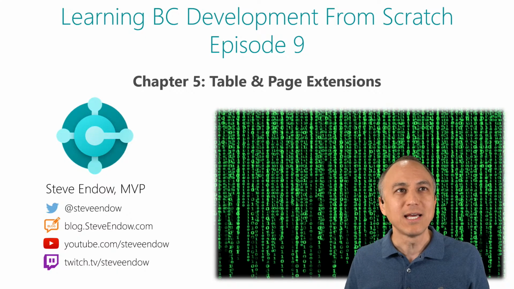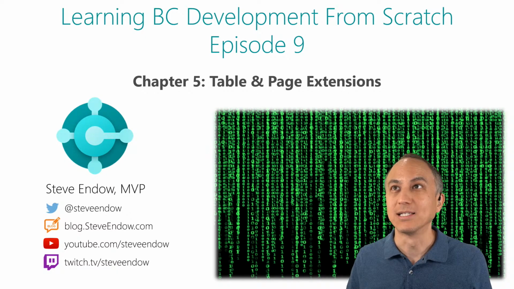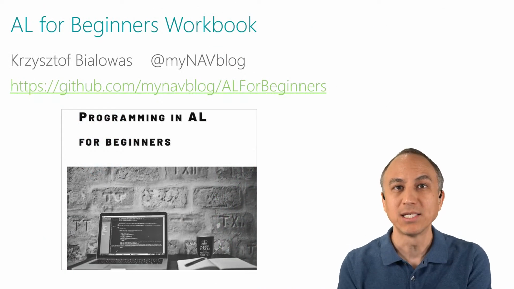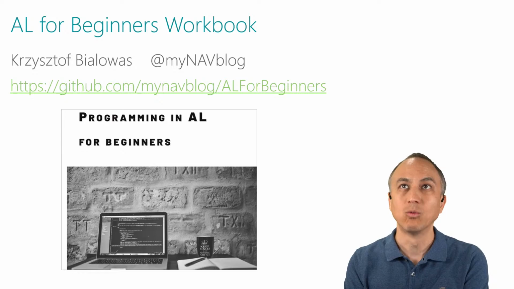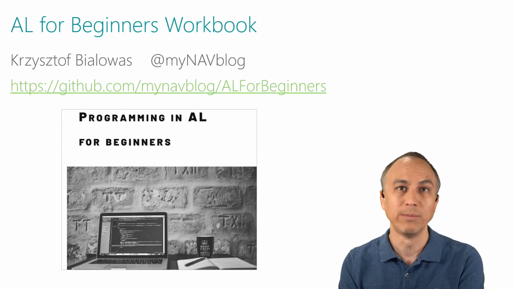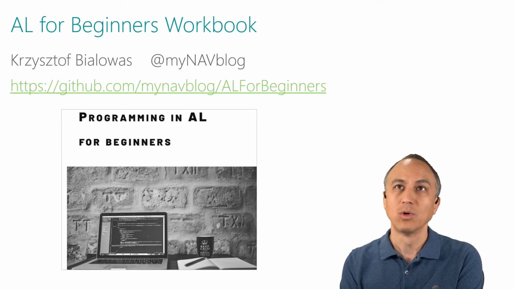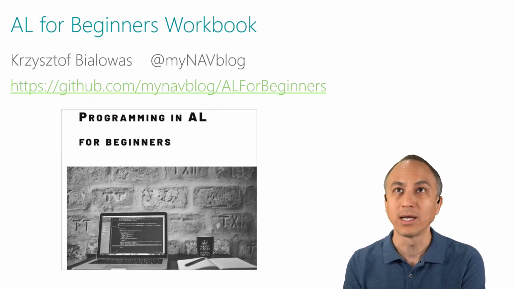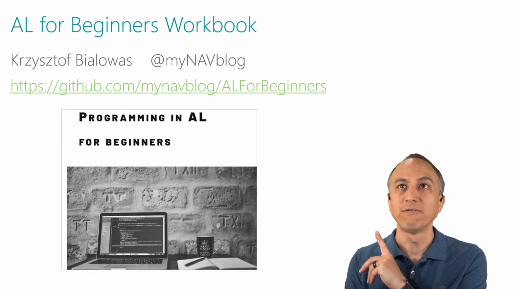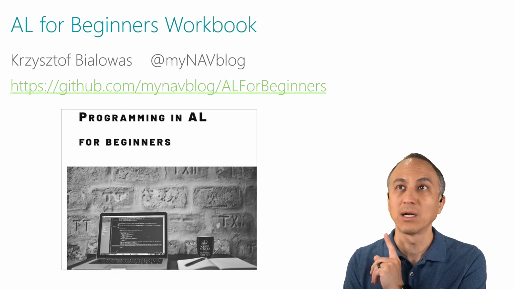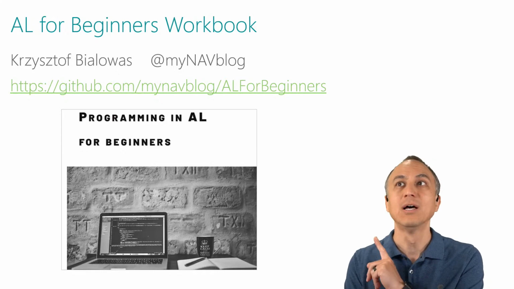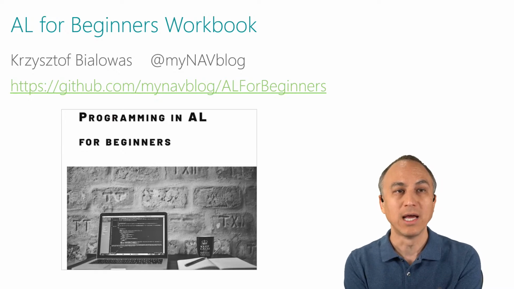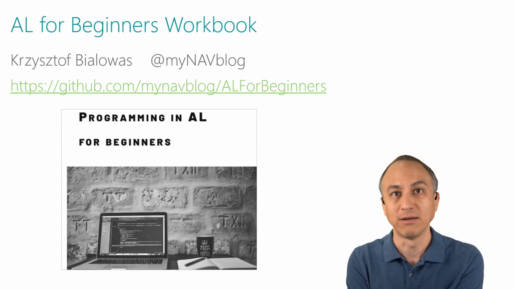Okay, so let's recap, I guess, since it's been 4 months. This series is based off of the AL for Beginners workbook, or Programming in AL for Beginners is the title. And this workbook was created by Christoph. He's on Twitter at mynavblog. And you can download this PDF for free at github.com/mynavblog/AL for Beginners. Just a standard PDF, free to download, and you can go through this 100-page document and follow along